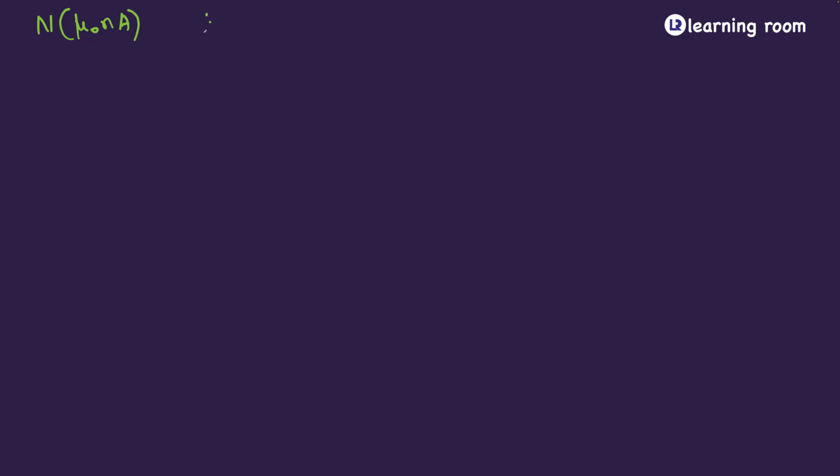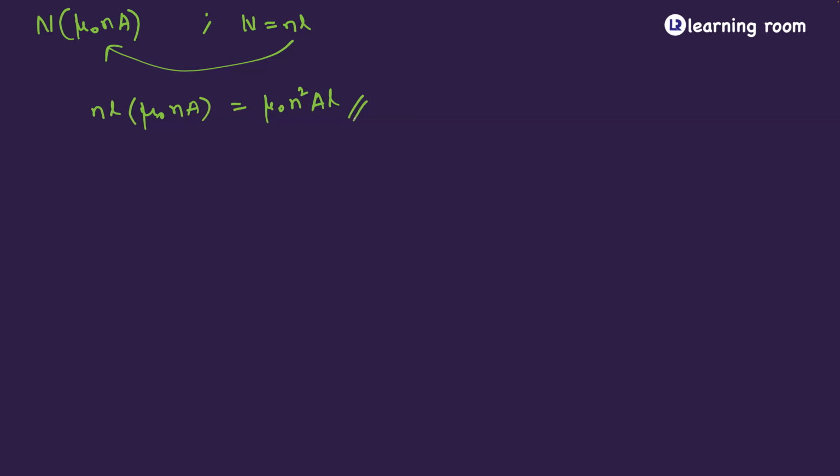What did I say now? Capital N is equal to small n into L. Take it and plug it here. Then what are you going to get? You will get mu naught into N into A, and outside what you have is N into L. So this will be equal to mu naught N square A into L. So this is another expression.